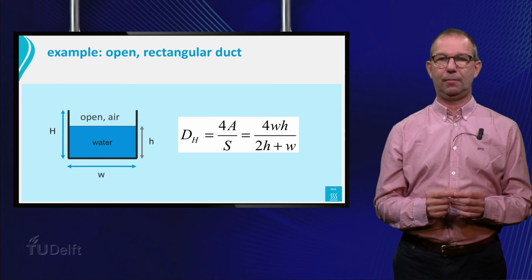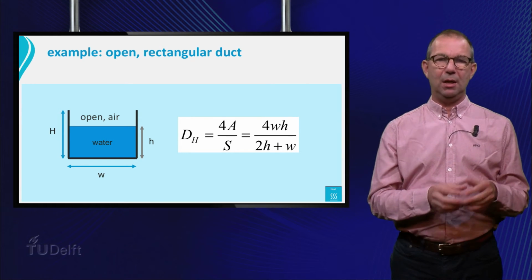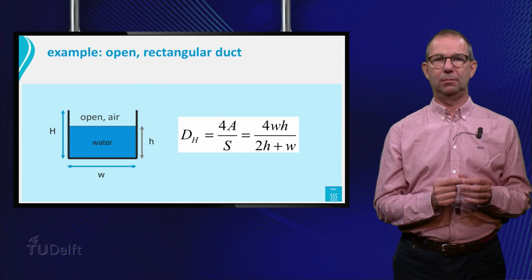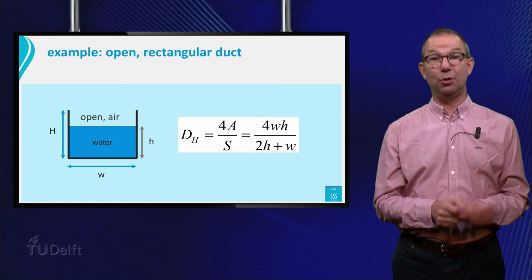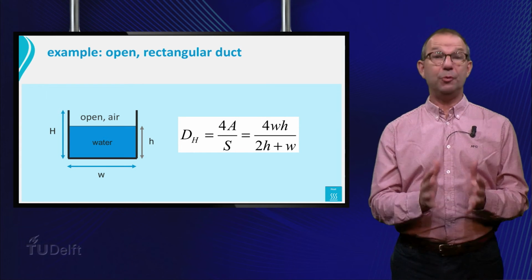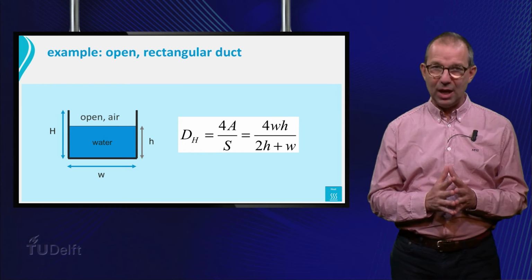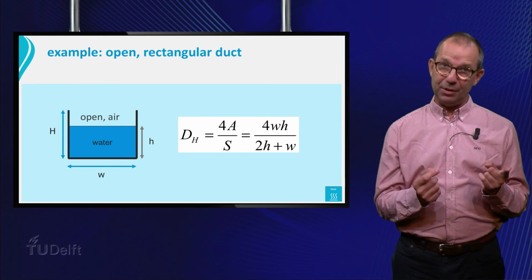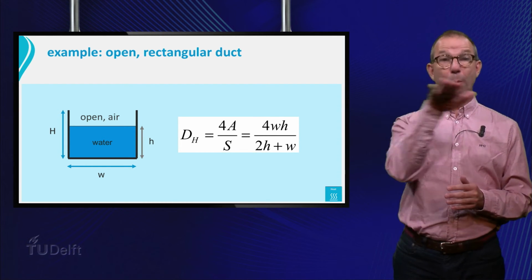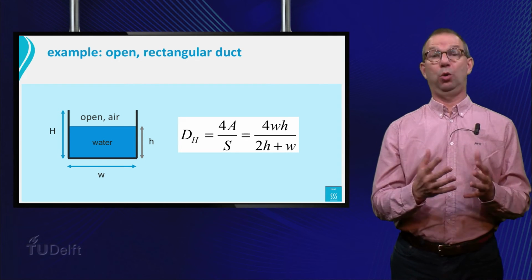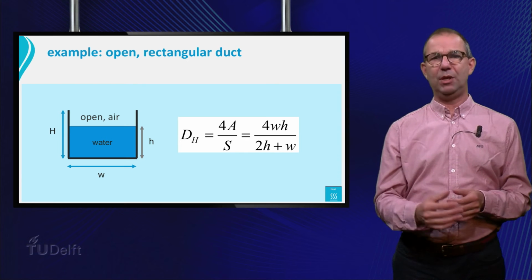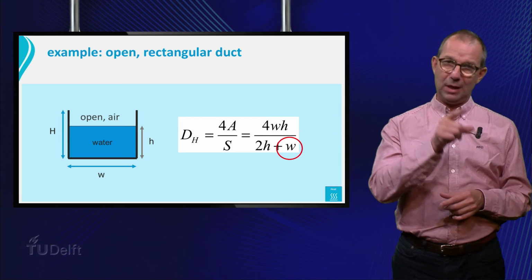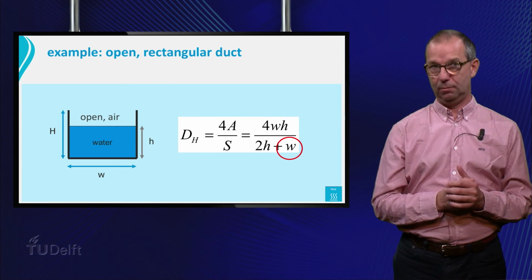And here is a catch. The cross-sectional area is straightforward. It is W times small h. But S is a little more subtle. We call it the wetted perimeter and not just the perimeter. And that is for good reasons. Naively, one would say the perimeter S is twice small h plus twice W. But that's wrong. The top part is open. There is no wall causing friction. There is only air, which gives rise to hardly any friction. So the wetted perimeter is only 2 h plus 1 times W.